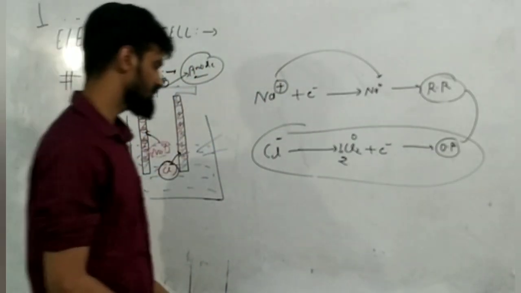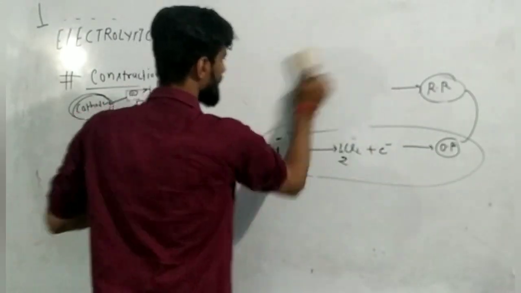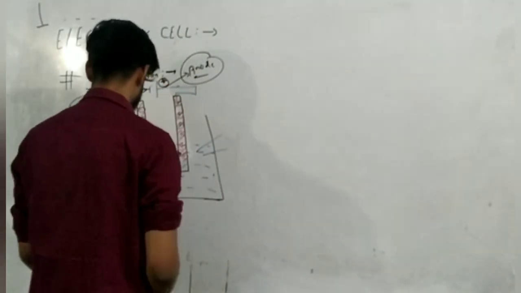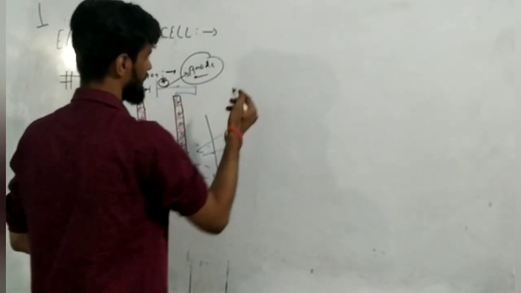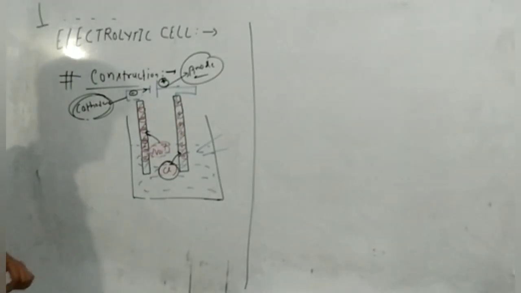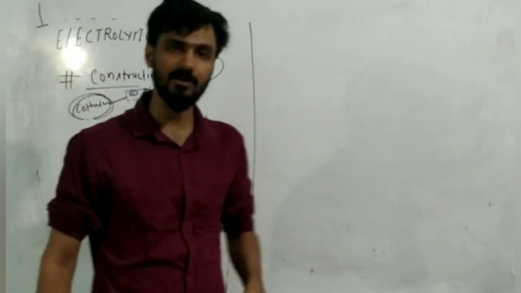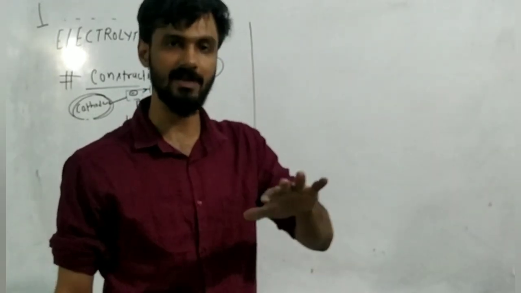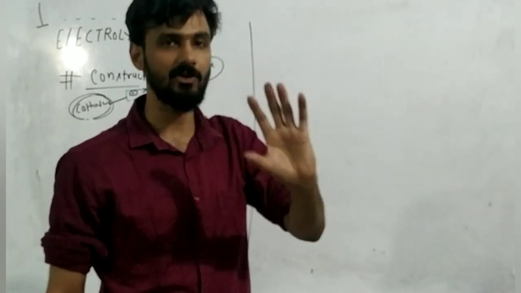Now I am going to discuss the notation of the electrolytic cell. It's the most important thing, because in examination the examiner won't give in the question this is anode, this is cathode, this is a cathode product, this is an anode product. This won't be given in the question. You will be given only the notation part of the cell.